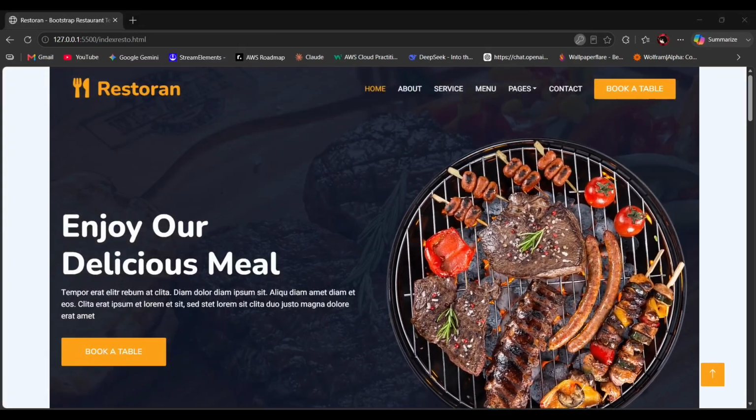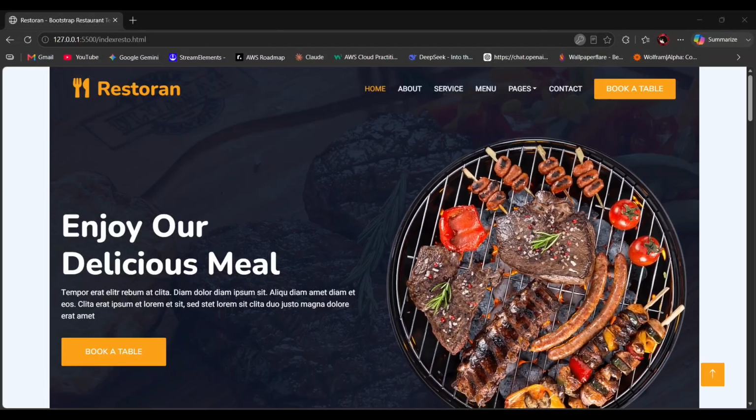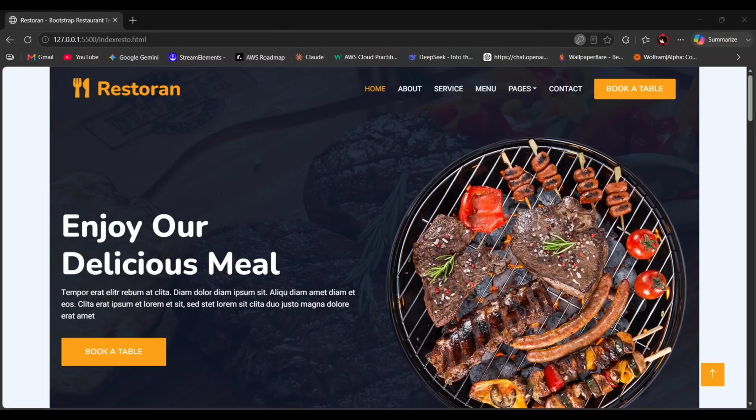It will direct to the template code that we've prepared.